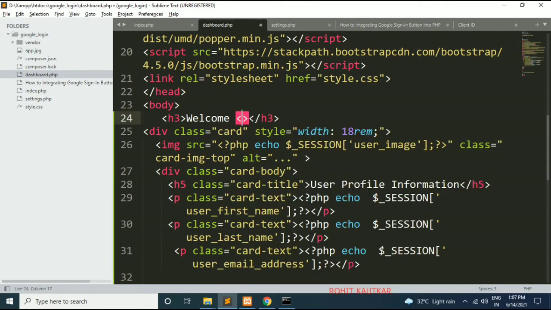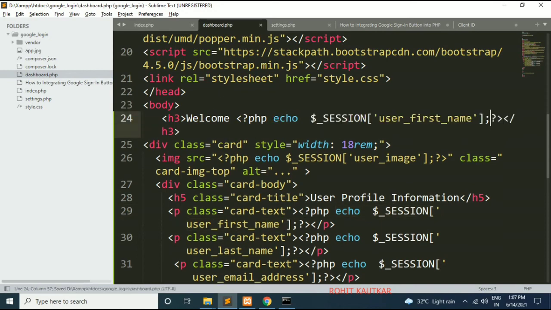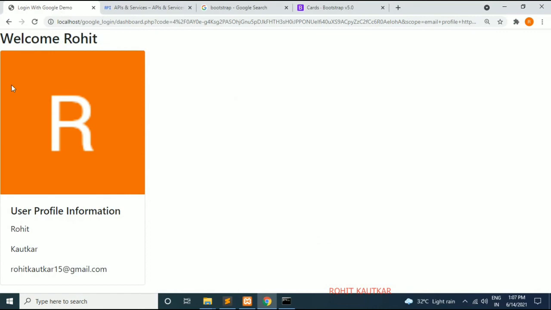So here itself I will add PHP and I will copy the first name of the user like this. So you can see now we are getting this information here.